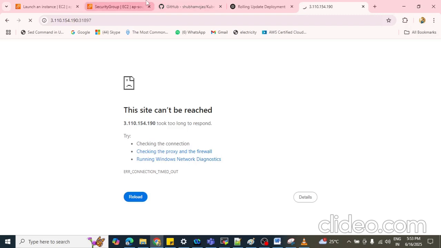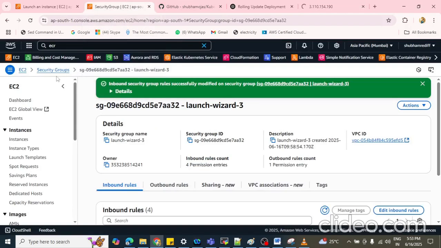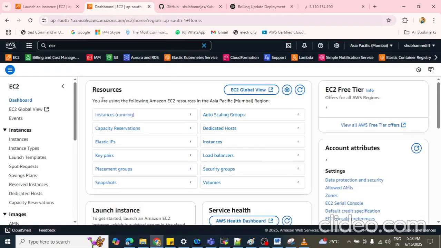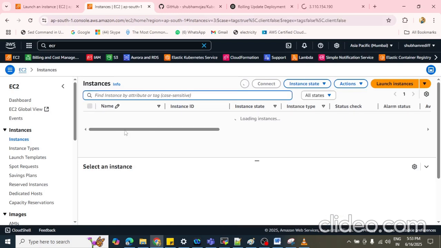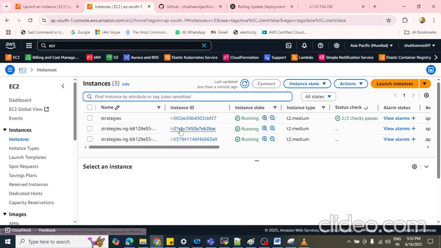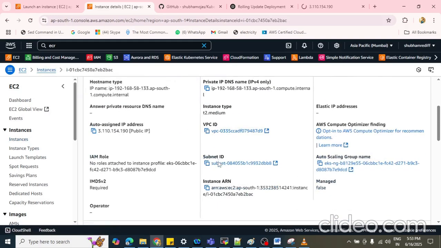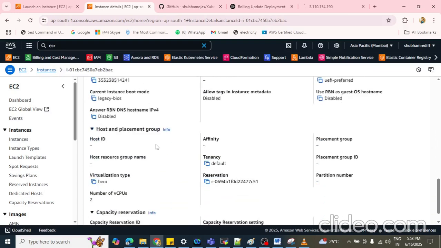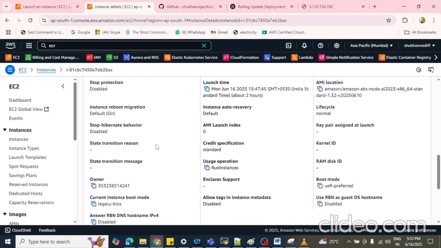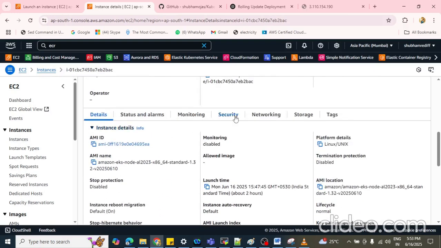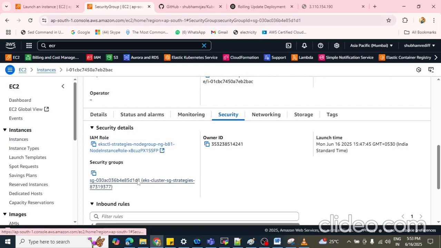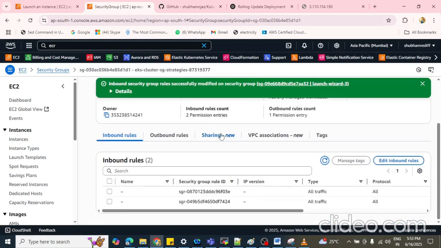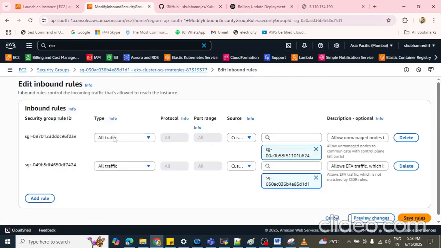Let me check the security group again. Go to that security group, click on that security group, inbound rule, edit inbound rule.